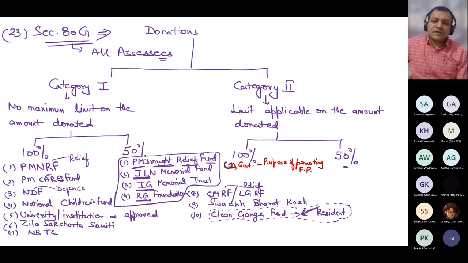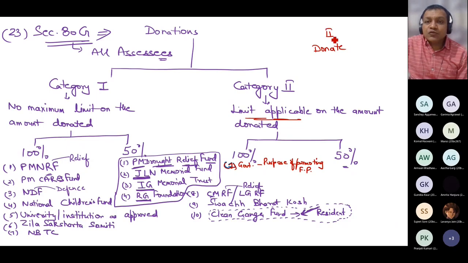Then you will get 100% reduction on the eligible amount of donation, because now it is category 2. So whatever you will donate, if it is 100%, that donated amount will not be multiplied by 100%. As I told you, there is some limit applicable. So whatever you donate in category 2,